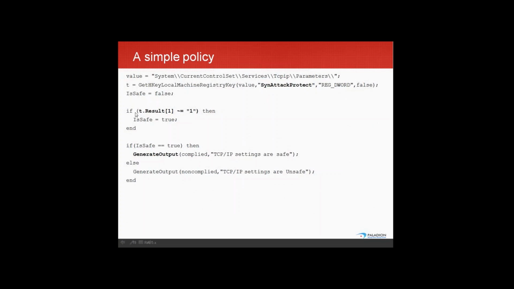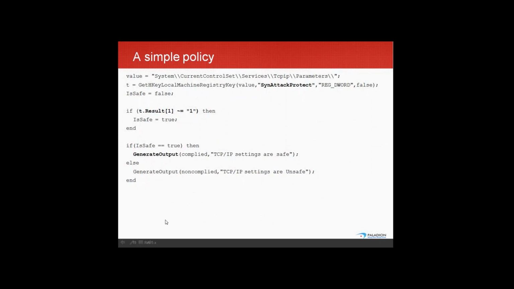And then I'm trying to see whether the value of this SYN attack protect is 1 or not, because a reg word of 1 says that the value setting is correct. If it is 1, I'm generating an output that my TCP/IP settings are safe. If it is not 1, I'm generating an output that my TCP/IP settings are unsafe.